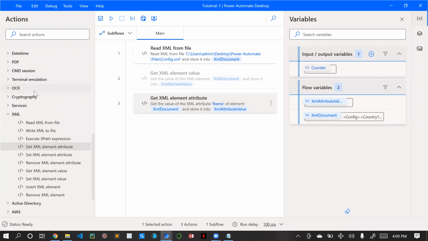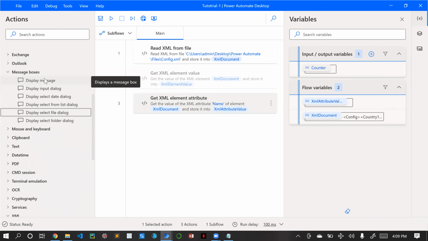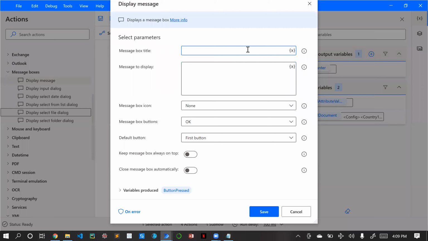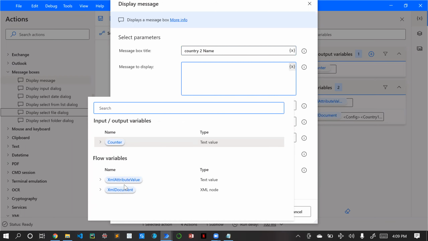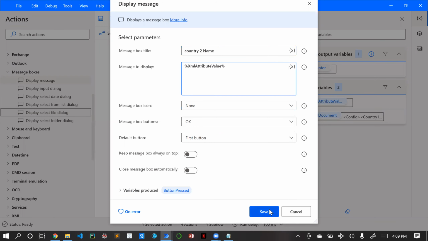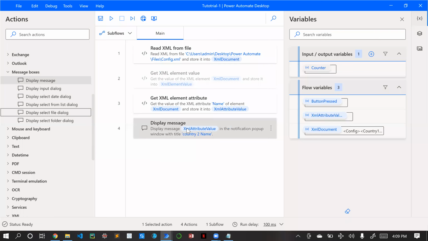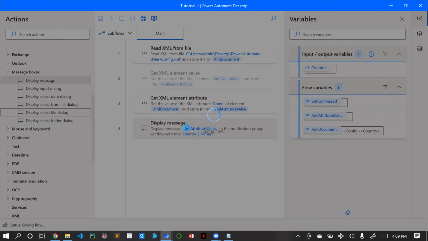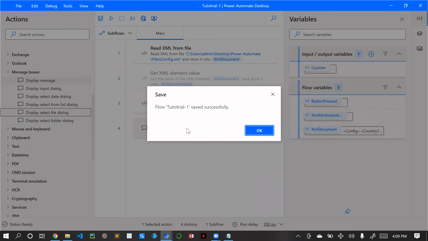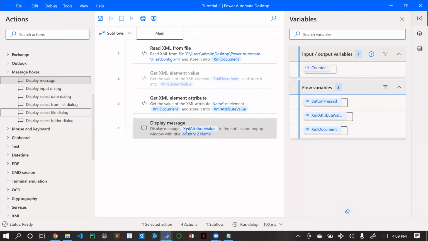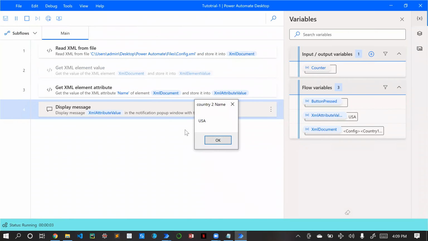Let's drag and drop the other message box, and put country2 name as the header title, and select XML attribute value. Let me save this and run this again. When we run this, it returns USA.